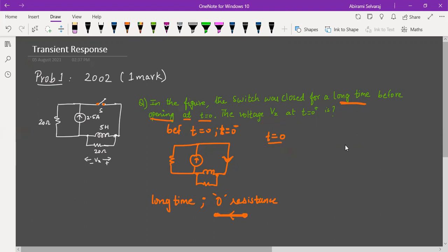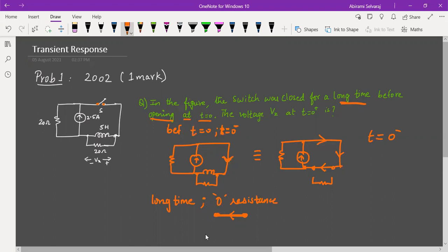So how would it have looked? This same circuit at t equals 0 minus can be redrawn because of this inductor. I can draw the whole thing in the same place, but the inductor alone I can replace with a short circuit path. Anything connected across the short path is of no use, so we can remove it, or I can say it is like an open path only. This resistor can be drawn as no connection because the current is going to choose the lowest resistance path. So this is the circuit at t equal to 0 minus. If we are clear with this, we can easily solve this problem.